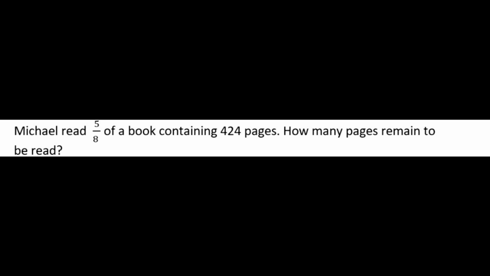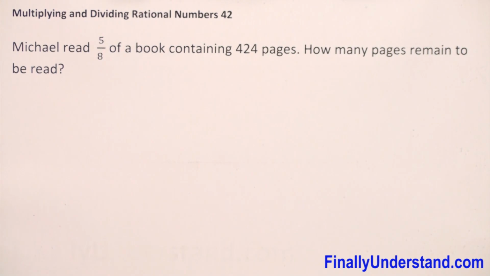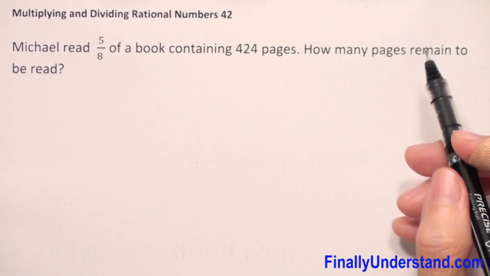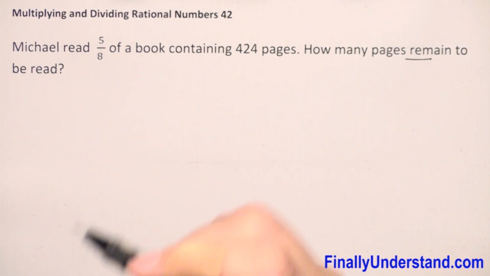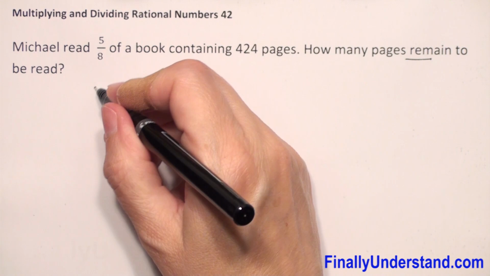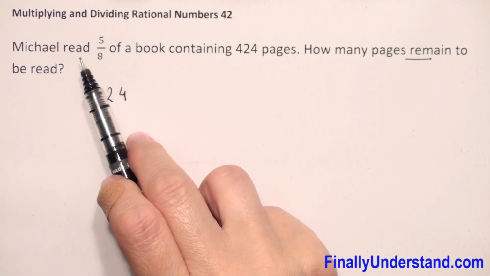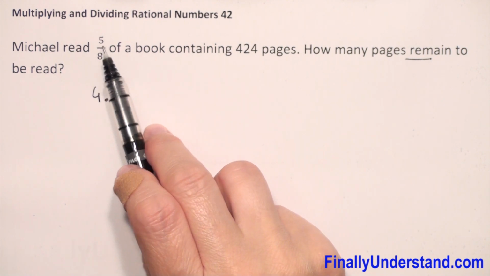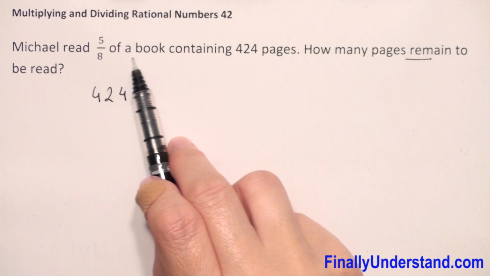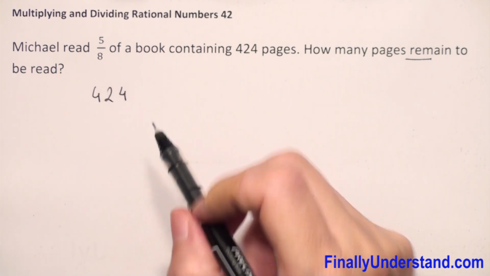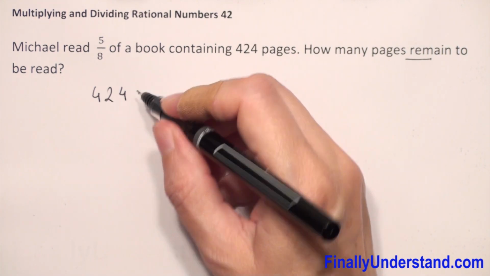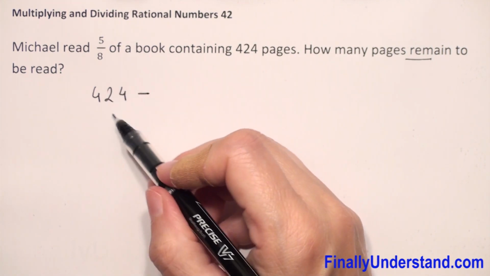Michael read 5/8 of a book containing 424 pages. How many pages remain to be read? So we have 424 pages. He read 5/8 of these pages. So we have to subtract from this whole book